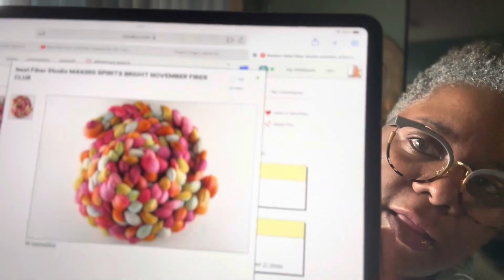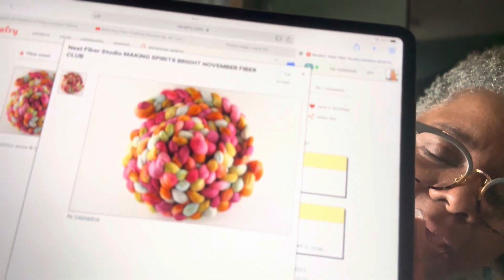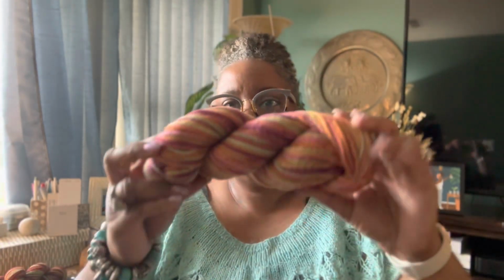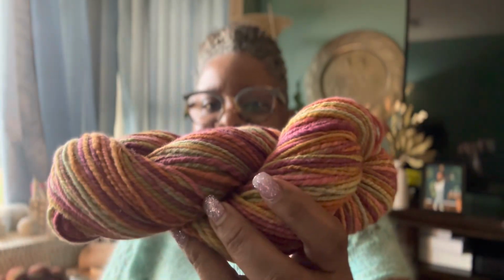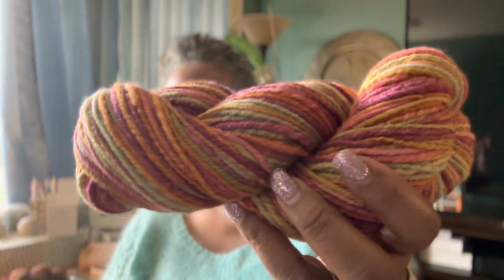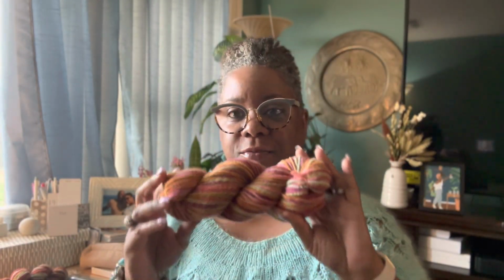and that's what it looked like when it came to me. And this is what it looks like as a finished skein of yarn. As you can see, it's super fluffy and lovely. Now, I had some trials and tribulations with this spin. So the other skein that I showed you, this had already been spun in the